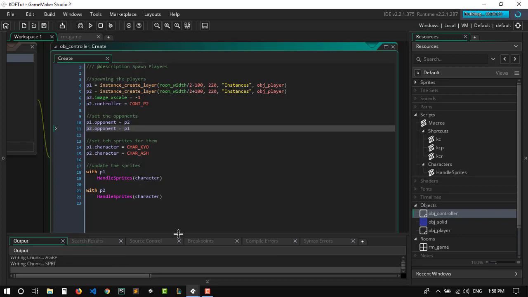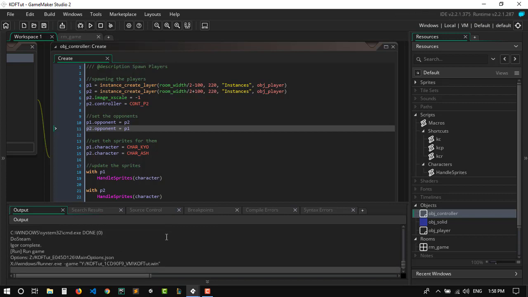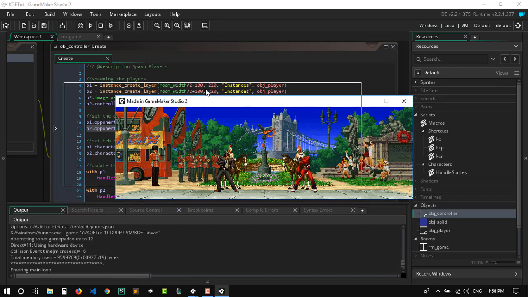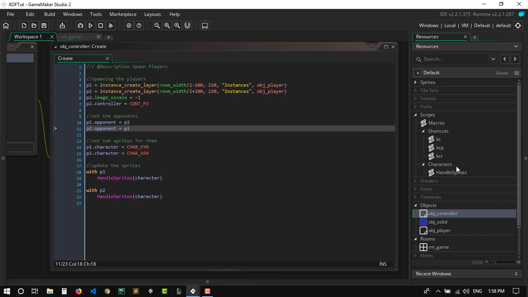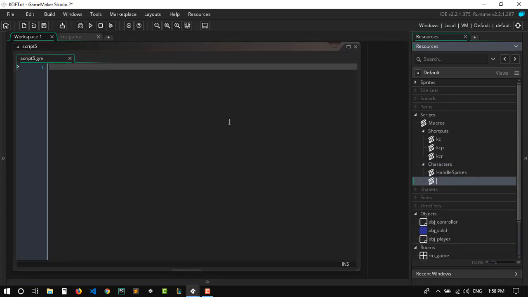So I'm just going to wait a little bit for the game, and it should pop up any minute now. Okay, so here it is. As you can see, there is a room, here are the 2 characters, and now we want to add some control to them, right? Well, first of all, we need to handle the collision, so we're going to create another script called